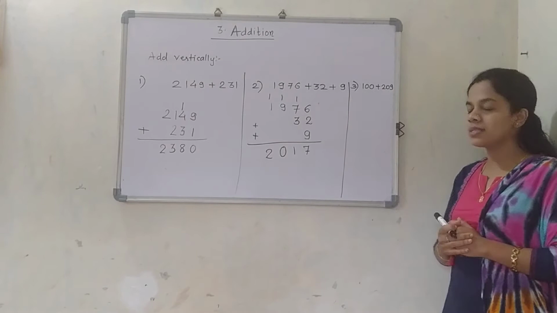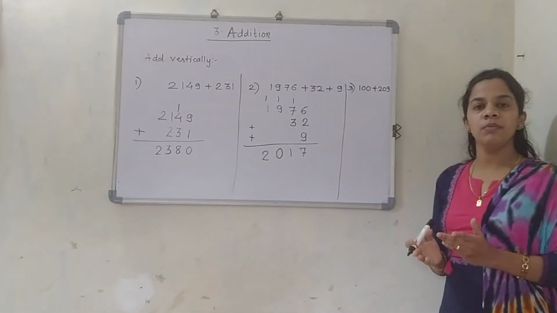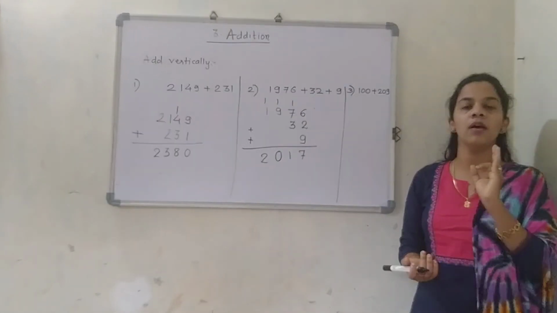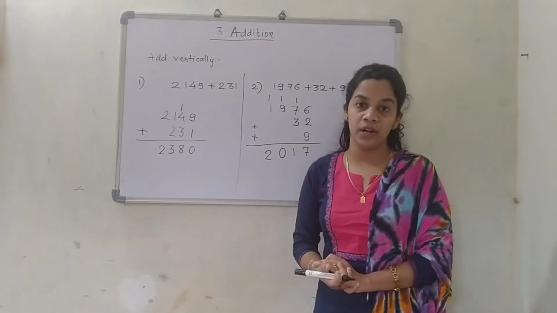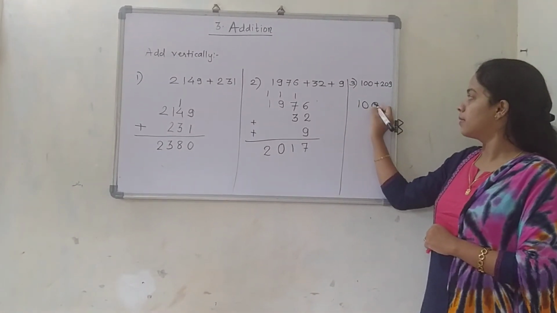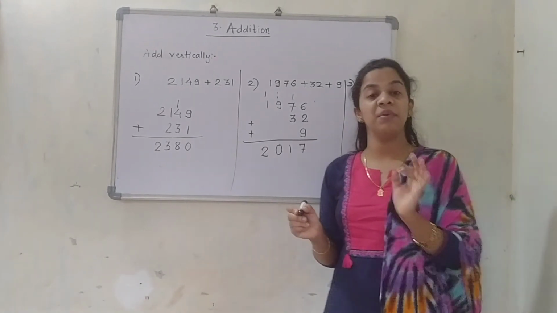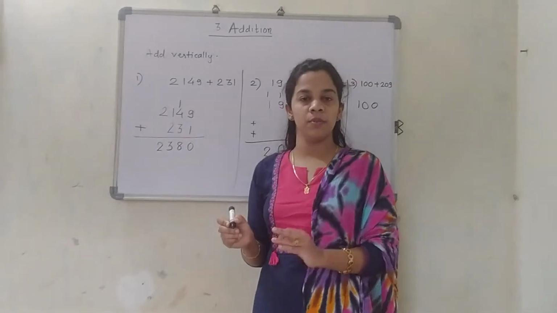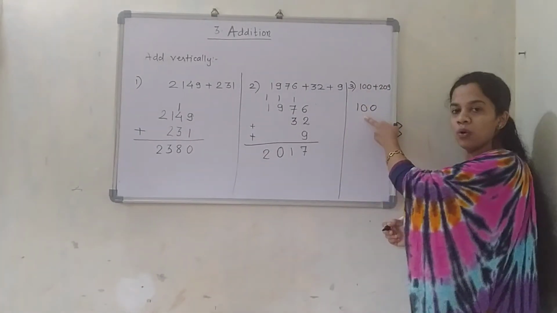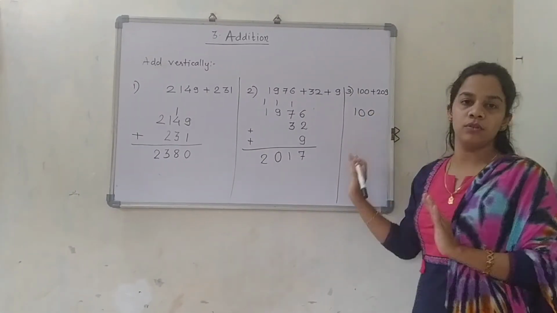We will check for the next number. Here they have given you two numbers and both are equal. Equal means what? They are of equal digits. 100 is also a 3-digit number and 209 is also a 3-digit number. So how are we going to write that? We are going to write 100. Now when the numbers are the same in digits, both are 3-digit numbers, we can write them in any order. For example, this number which is small, if you write it first also, no issue. If you write that 209 first, there is also no problem.